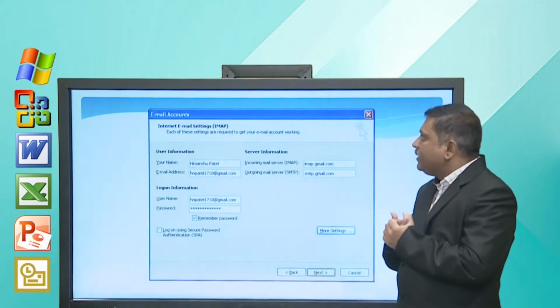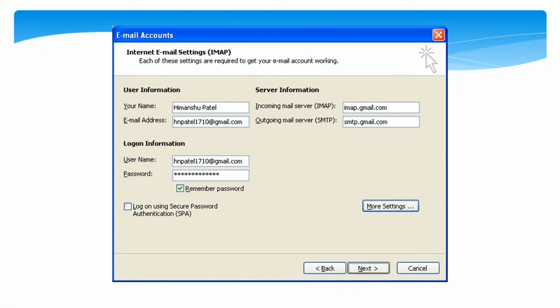So, here it asks you for the email account details. First you need to enter user information. User information includes your name and your email address which you generally use. In the incoming mail server we must use imap.gmail.com, which is the mail server for Google, and for the outgoing mail server we have to use smtp.gmail.com.